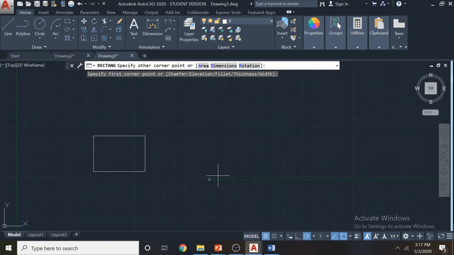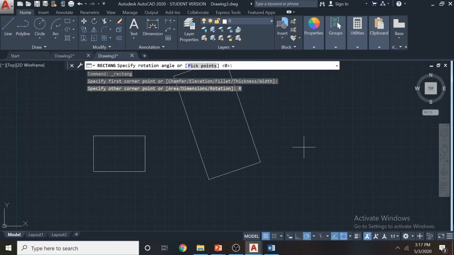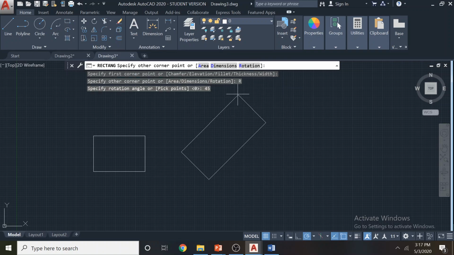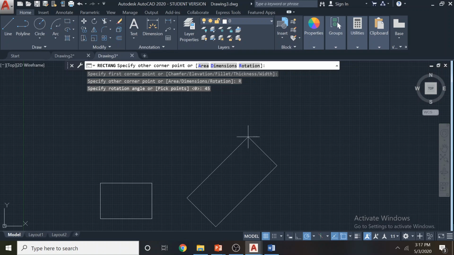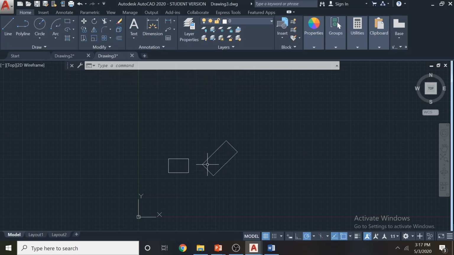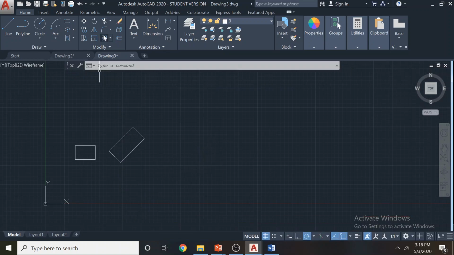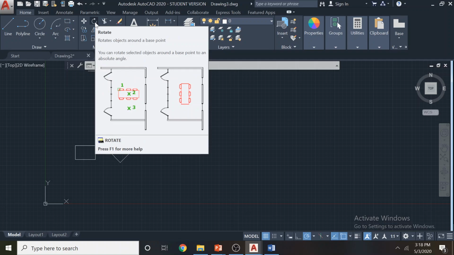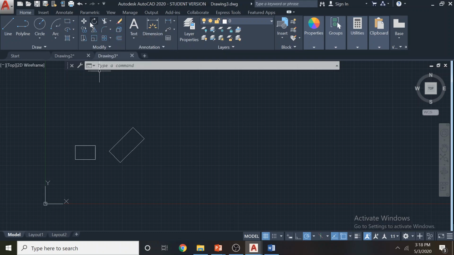Then we have a rotational rectangle. Rather than using the rotation tool here, if you want, you can rotate the rectangle and draw it at, say, 45 degrees. And now I can go back to the area dimensions, or just use the normal second point and draw the rectangle. So you can draw the rectangle while it's rotating. That's a handy tool. Other than that, if you don't use that rotational tool now, you can just use it later from the modification method.